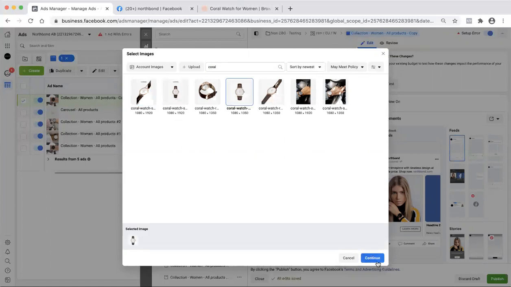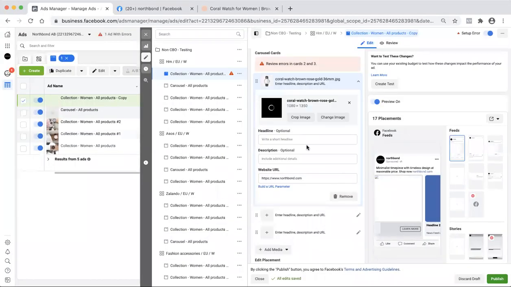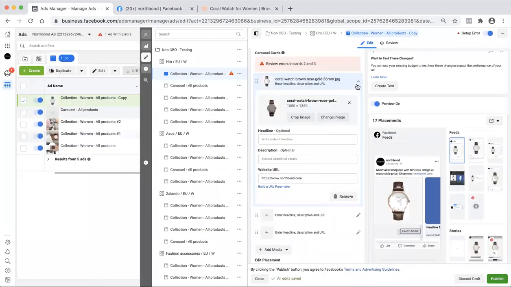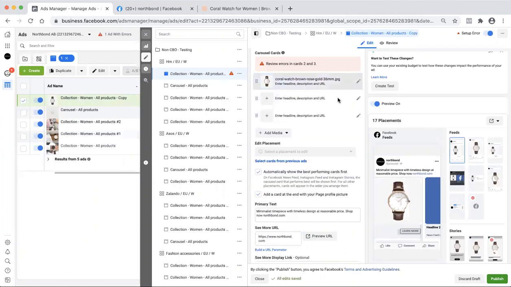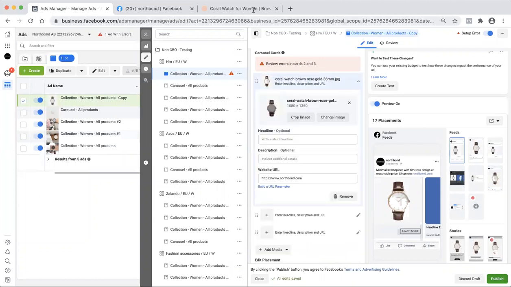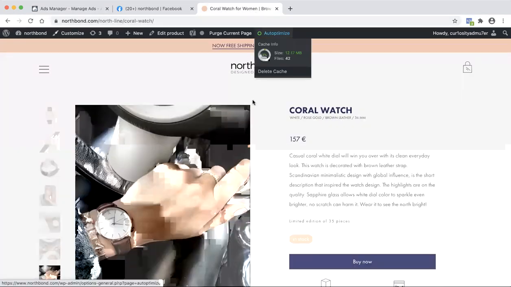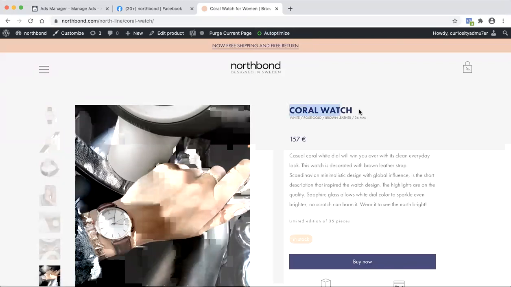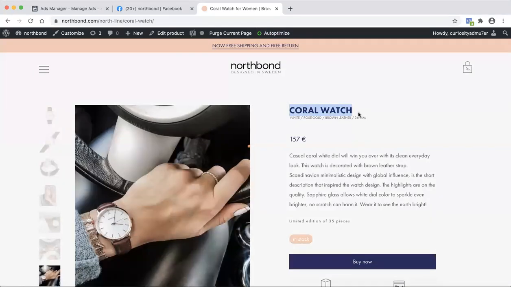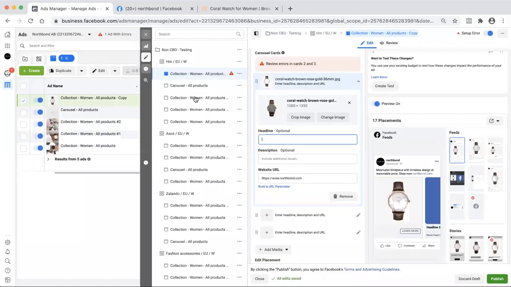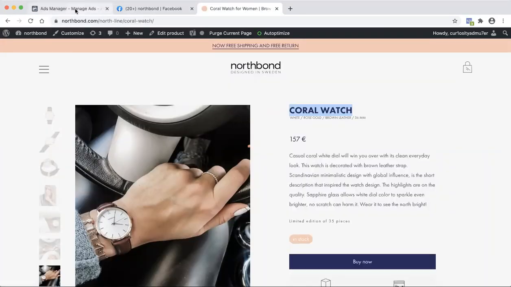So we'll take this one because we want it to be consistent. You saw how those first 5 images are all consistent. That's the same pattern we want to follow here. It's clean, elegant, and represents the brand. And then we can show the people with it on the site. Headline, we want to, go ahead. Yeah, I have already created carousel ads. You can pick from other ad sets. I have done it for all the watches. So we're going to do it for the number one bestseller, and we're going to do it a specific way where we make sure the headline is the actual name of what it is.